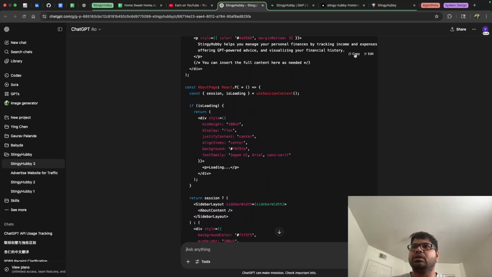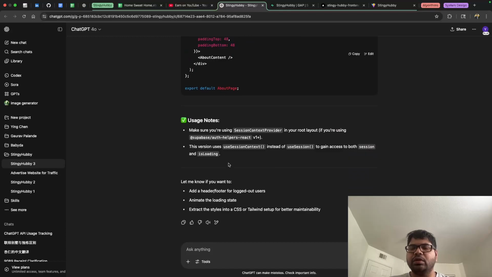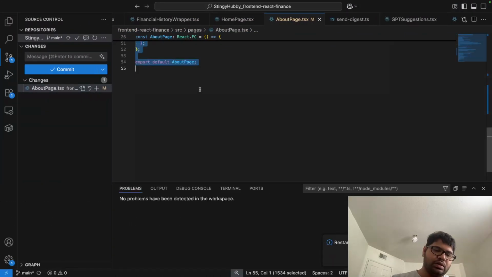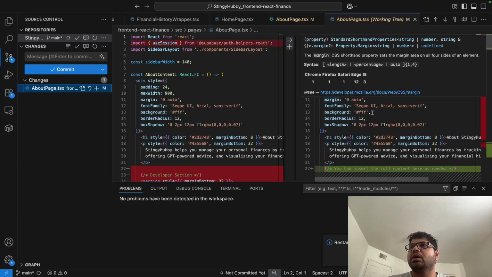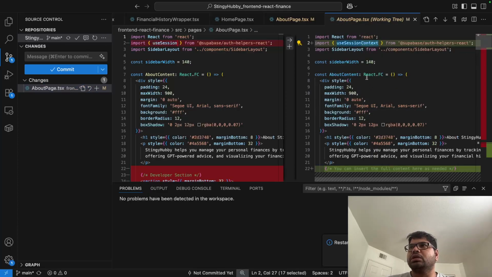Let's copy this. I think this has a lot of information, and it is trying to tell us that because it is using useSessionContext instead of useSession, it has to talk about the SessionContextProvider within the auth helpers React library, or the Supabase auth helpers React. So let me paste the change right now. This is the change, and this is the page.tsx, and as you can see, it's using the useSessionContext instead of useSession. And then below,